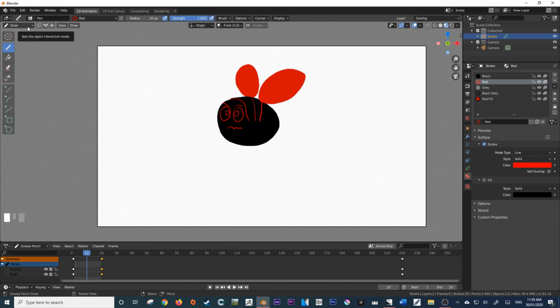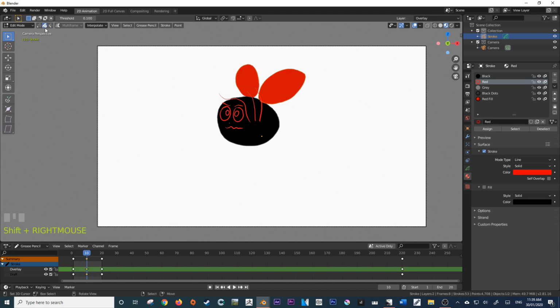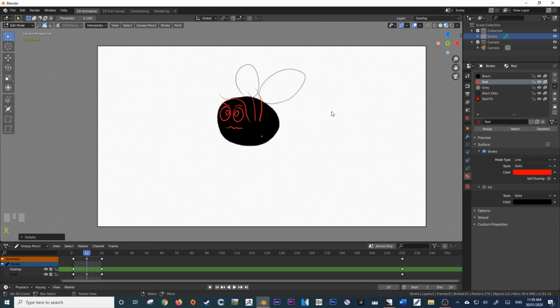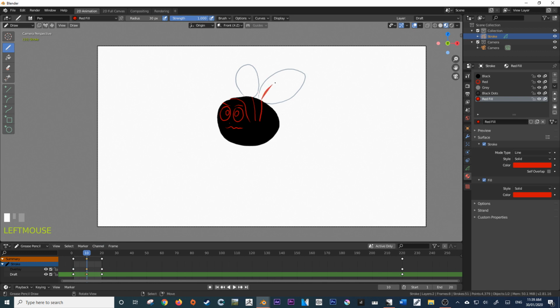First things first, I'm just going to go to edit mode. I'm also going to duplicate that frame as before. And then I'm going to select both wings, making sure that that edit mode selection is on, and I'm going to delete those points. Now I'm going to go back to my red fill, and I'm going to draw some points in, making sure that I'm no longer in edit mode. So let me just tap out of that, go into draw mode, and then I'm going to add a, whoopsie daisies, again, making sure that we are in draft layer, excuse me.